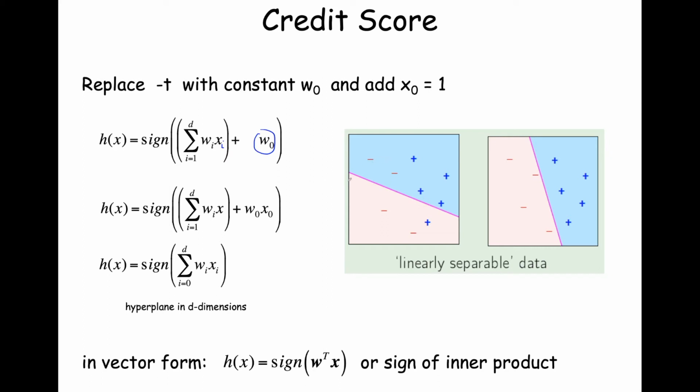We add in our dummy variable x naught, whose value is fixed to 1, and we rewrite our summation as the sum for i from 0 to d of wi xi. We can rewrite that in vector form as the inner product between our augmented w vector and our augmented x vector, where the augmented w vector consists of the augmentation w naught along with w1 through wd,